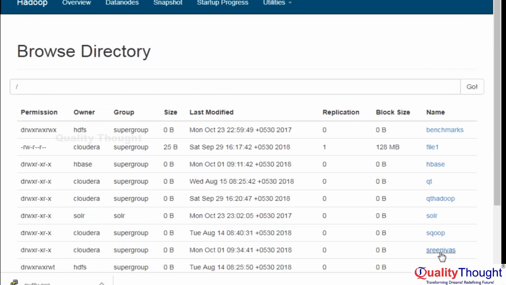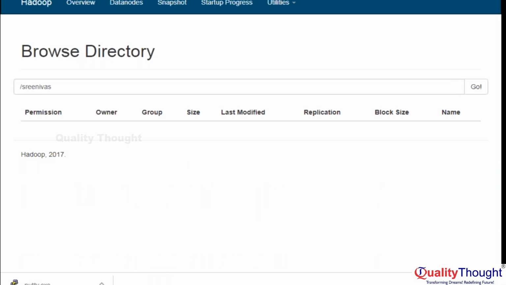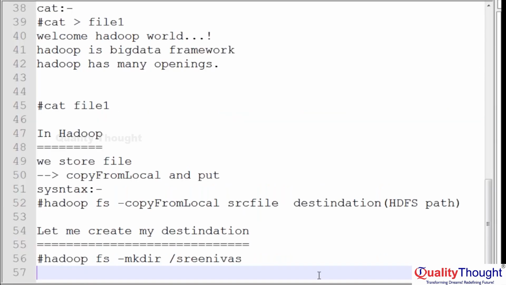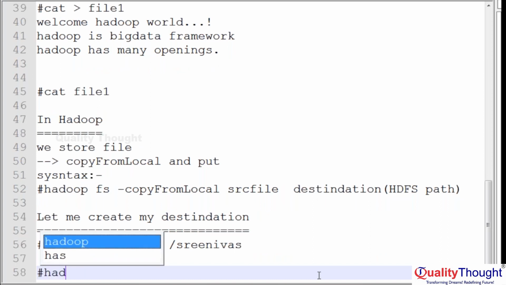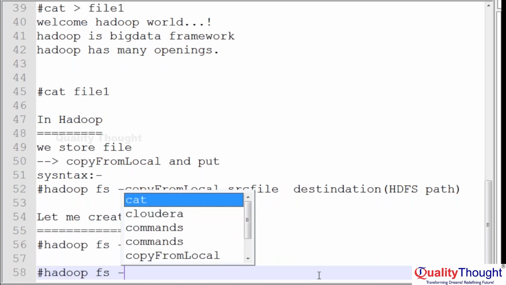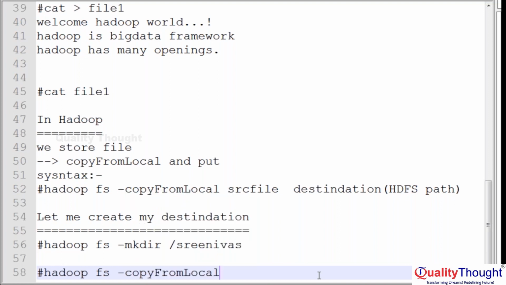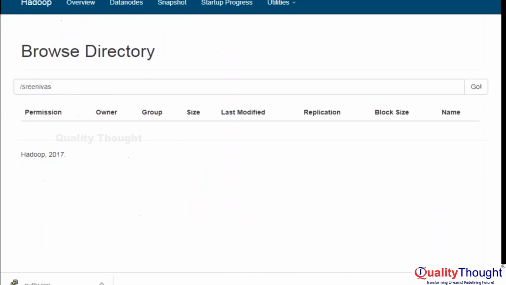Under the Srinivas directory there are no files. I am going to place a file by using copyFromLocal: hadoop fs -copyFromLocal, file name is file1, into root Srinivas. I am using this command to copy a local file from the local file system to the Hadoop file system. Currently there are no files in this directory. Once we execute this command,